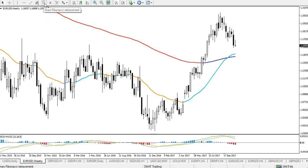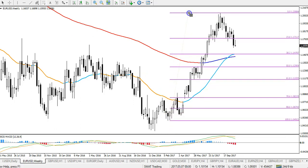Last week was very slow and corrective on the euro dollar, perhaps due to the news events that we had throughout the week. But maybe this week, I think we should see the continuation towards this 38.2 fib. Don't forget, we broke below the 23.6 fib at 117. The next target, from my point of view, is 115, 114.80 at the 38.2 fib, plus the moving average support